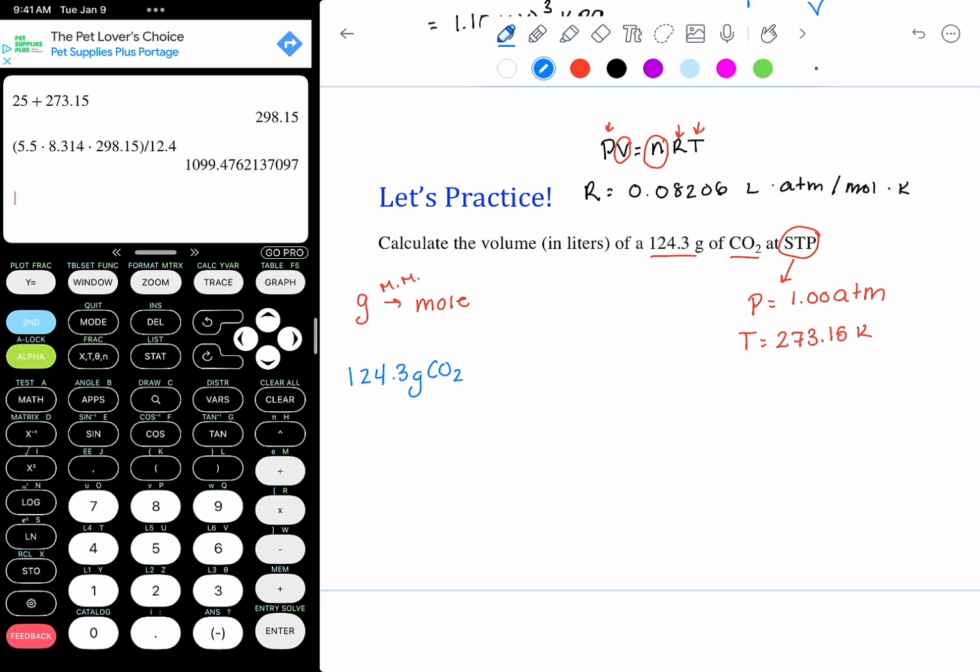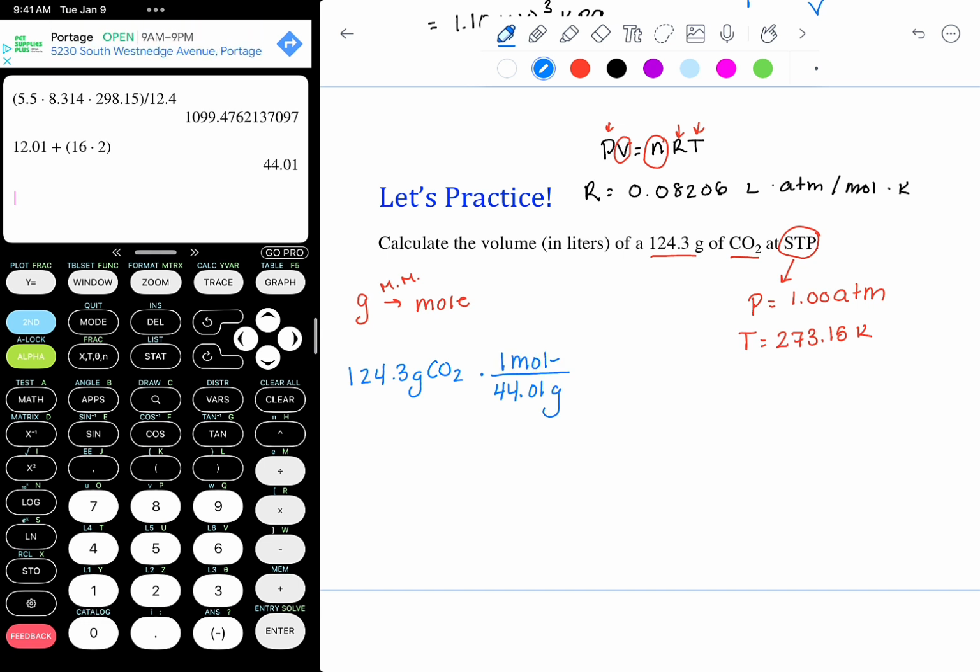So carbon's molar mass, 12.01, and we're going to add to that 16 times 2 because the molar mass of oxygen is 16 and there's 2 of them. So the molar mass of carbon dioxide is 44.01 grams per 1 mole. So we'll divide by that value